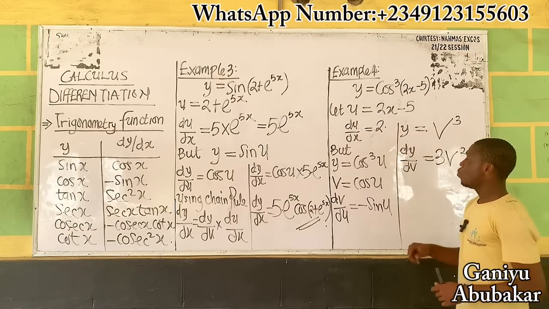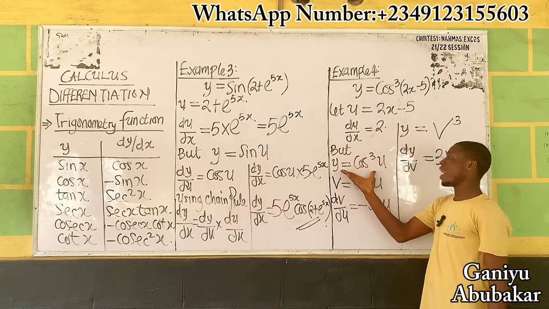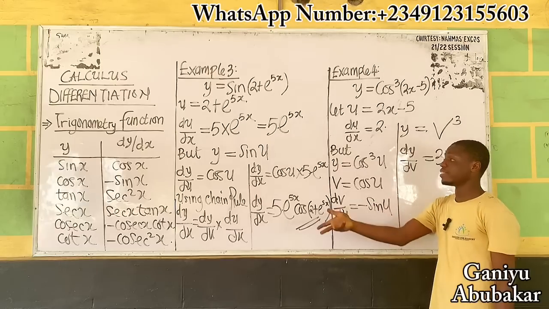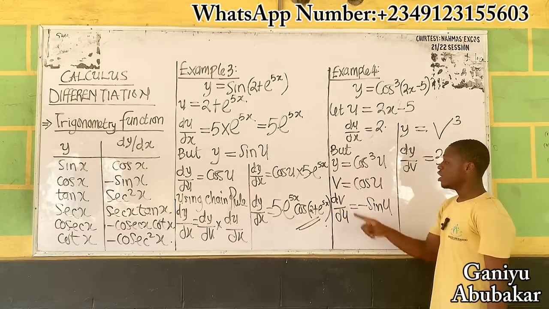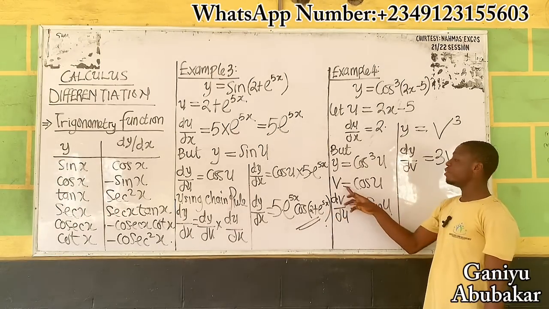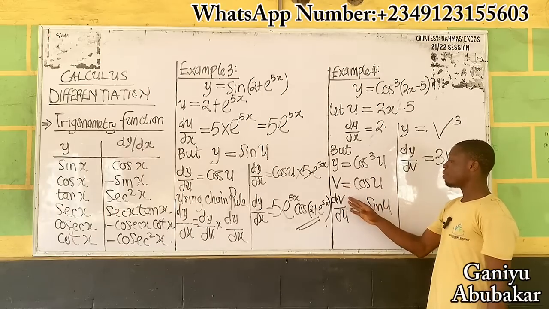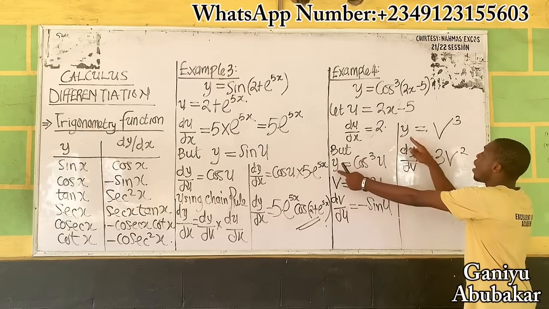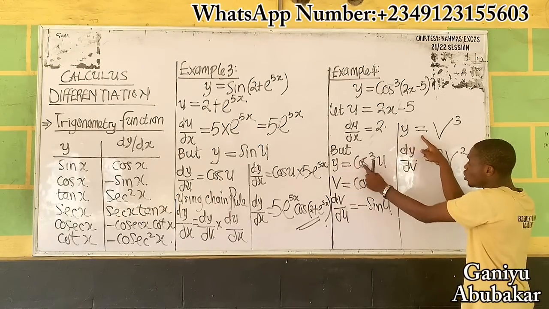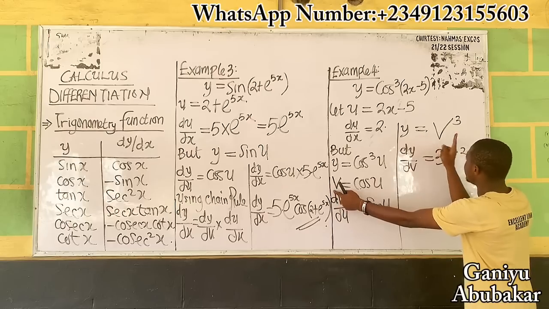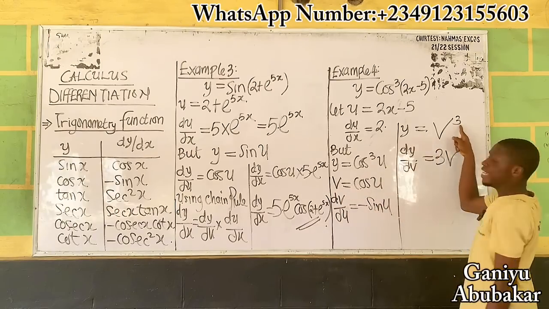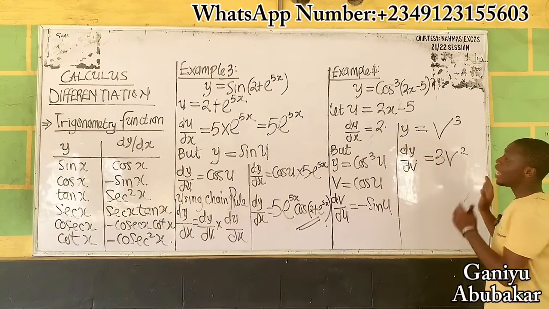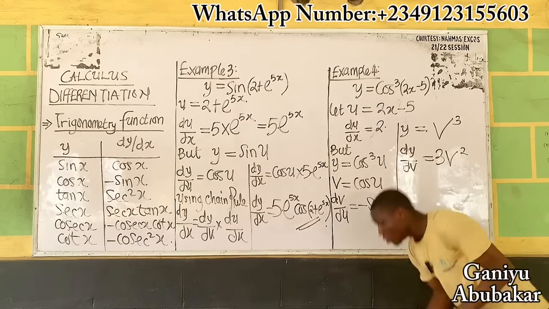Next task here, we said at this junction we have cos cube u. Cos cube u means cos u in three places. So let v be one of it. So v is now cos u. Differentiate v with respect to u: dv over du is minus sine u. At this point, go back to y equal to cos u cubed. Cos u is v, and this cube is here. Differentiate y with respect to v: dy over dv is 3v squared. At this point I'll now apply the chain rule,